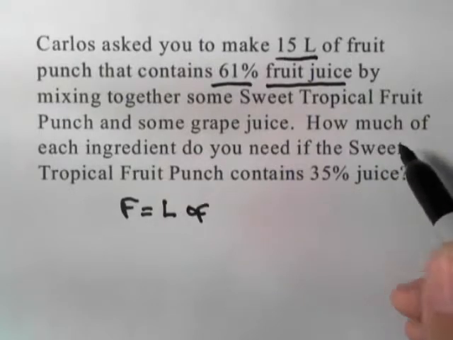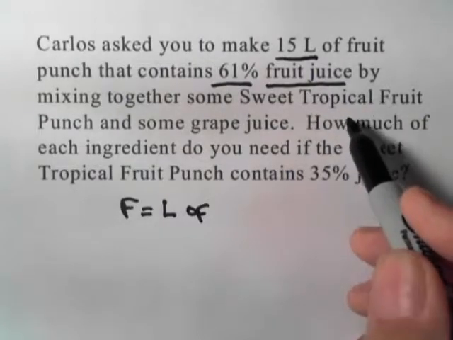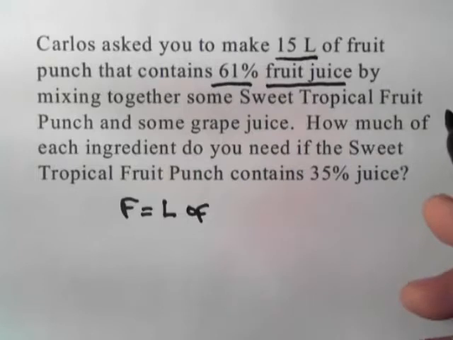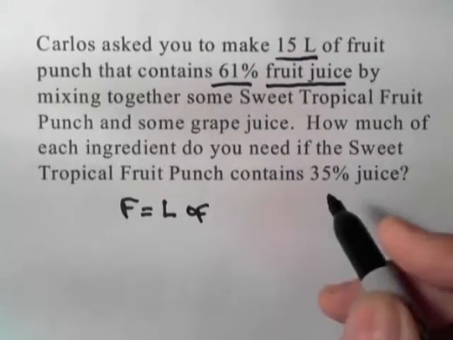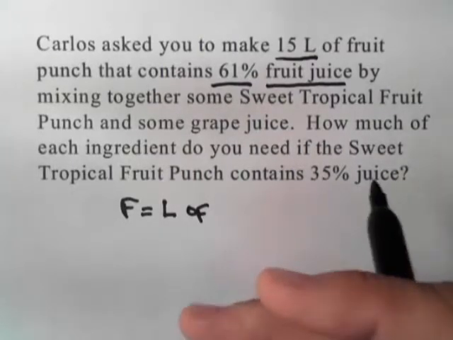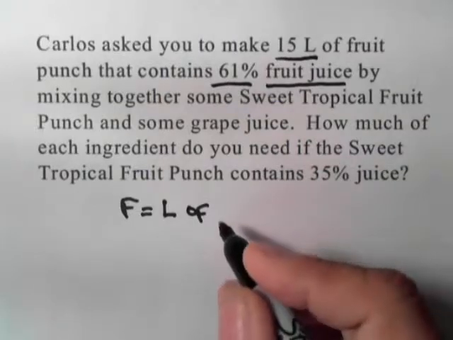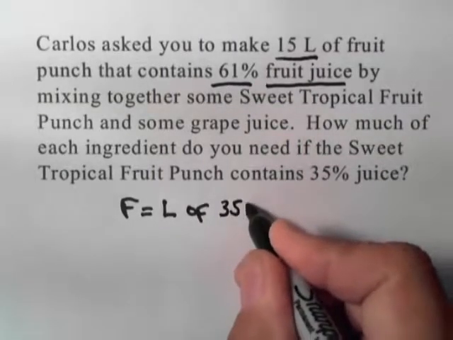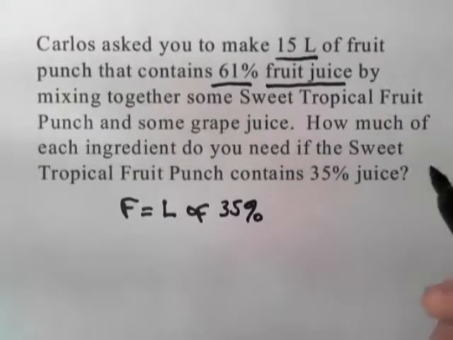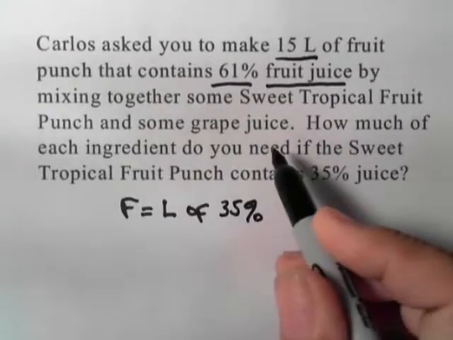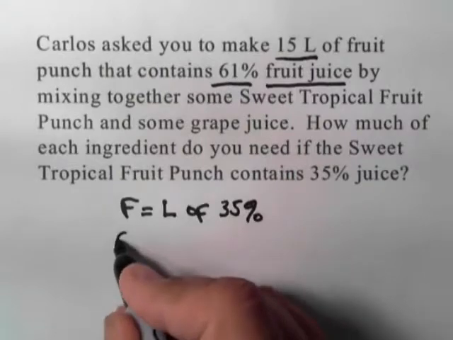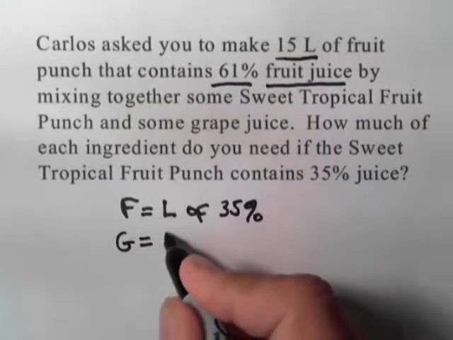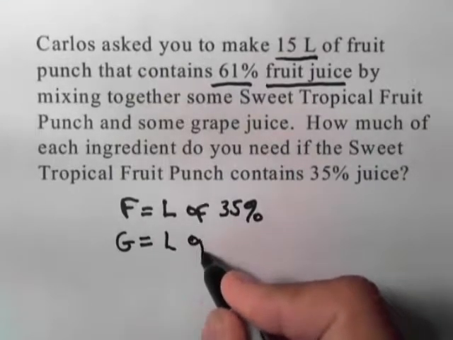Okay. Remember we said the fruit punch here had juice plus other things? Well, it's 35% juice, and of course juice is what we're keeping track of here. So F equals liters of 35%. Now, the other thing we're mixing in here is grape juice. Let's use G for grapes, and it's going to be liters again of